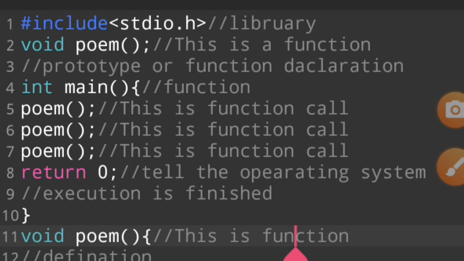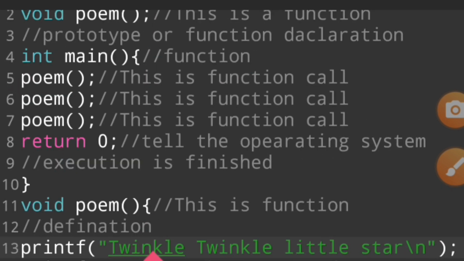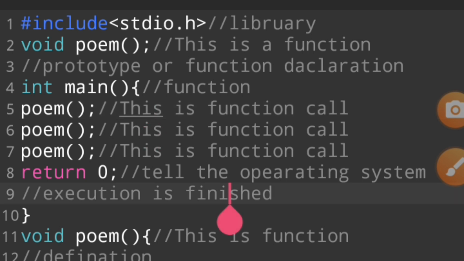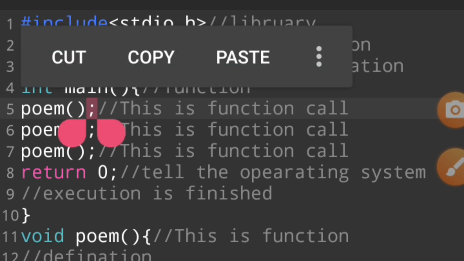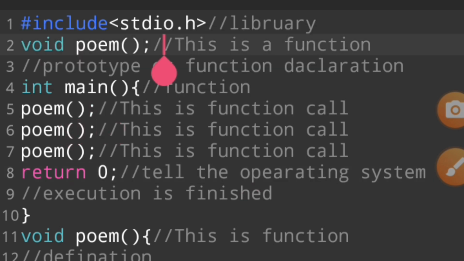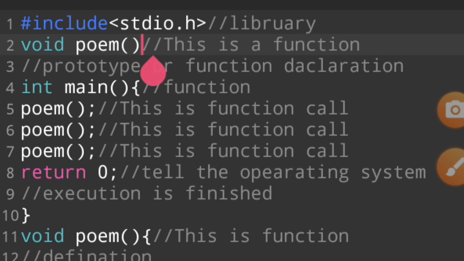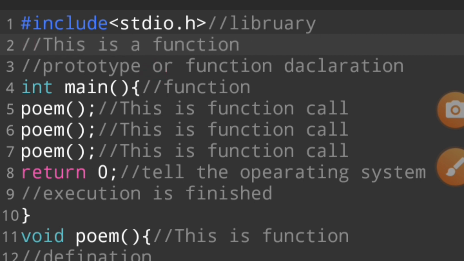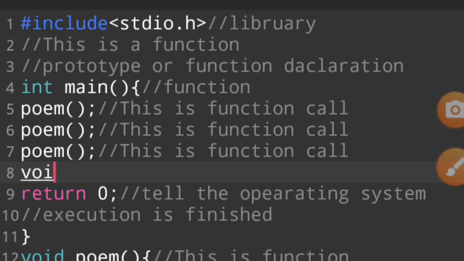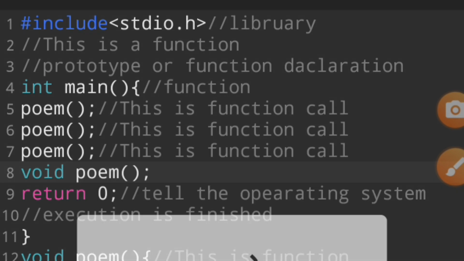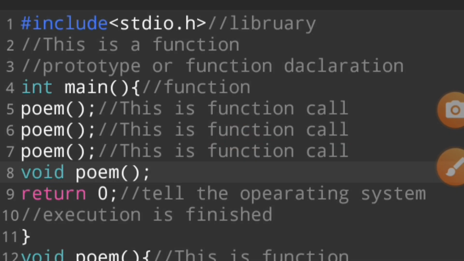I will say another thing. Function names are case sensitive. We can't use function declaration in this area, and can't use function pom in this area. For example, if we write void pom in integer main, it gives me some error. If we say void pom, this is a function declaration, and then when I run this program, see what happened, it gives me an error, because